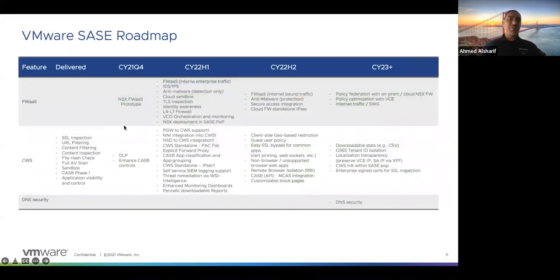Finally, the roadmap. It's extremely important to be the first one to tell your customer, hey, we don't have this service yet, we will have it in the future. You don't want your competitor to provide this information to your customer. If your competitor says, oh, VMware doesn't have DNS security, you need to be the first one telling the customer, yes, we don't have this one. It's not our priority today. Our priority is to do other things, but it will be available. It's a matter of time to provide this service in the future.